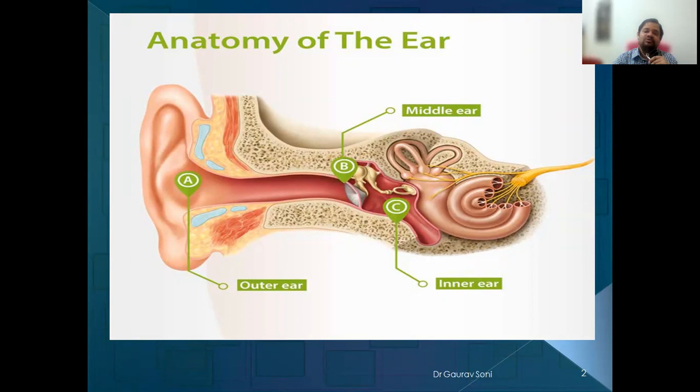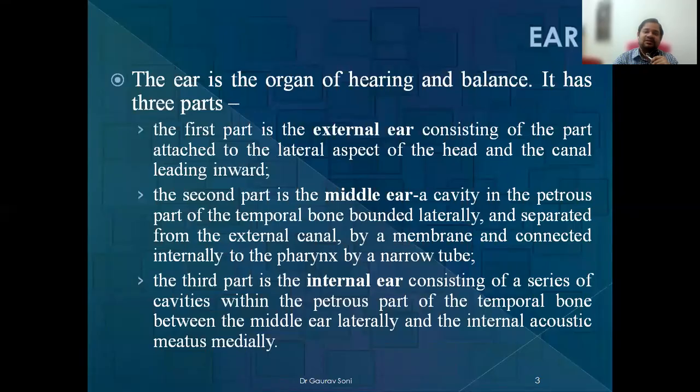Then from that particular room it will go inside to the main compartment, which is the internal ear or inner ear, which has some snail-like organ, which is basically for two functions. One is for the hearing purpose, cochlea specifically, another is for the balancing purpose. And then whatever electrical signals are received are transferred to the hearing part of the brain, and from there the response will be generated. So this will be the main theme of what we are going to study in the anatomy of the ear. So let's start the topic.